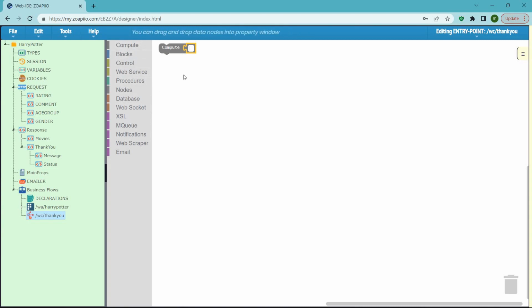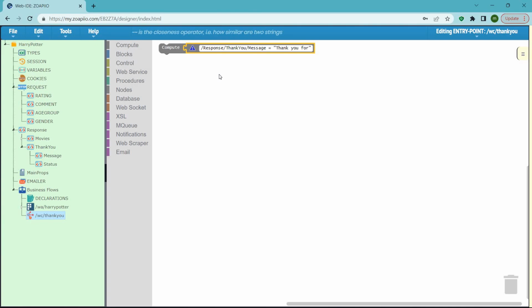But here we are doing a simple compute, and what we're doing is /response/message. We are assigning a value to the message field. Notice that we're using the full path, that is the response, then thank you, then message. And we're going to give it a value, which is